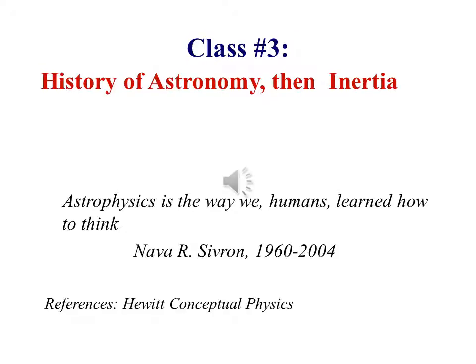This is the third lecture for MSU Billings. In this lecture, we will cover the following. First of all, there is going to be a review of the size of the solar system lecture, where you've learned about measuring with angles and how Aristarchus of Samos figured out the size of the solar system way before Copernicus. Then, we will discuss the history of science from the ancient world and until the modern era.